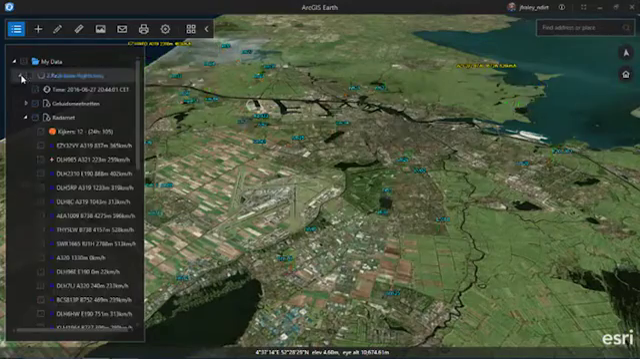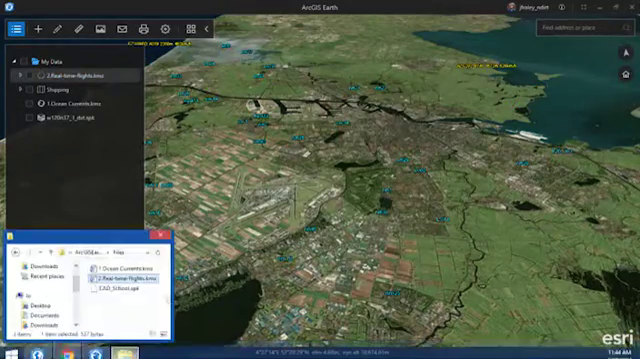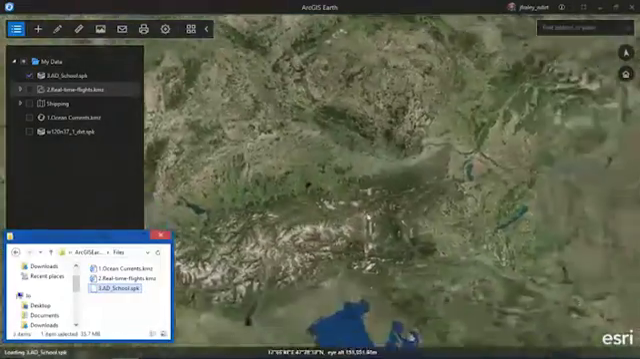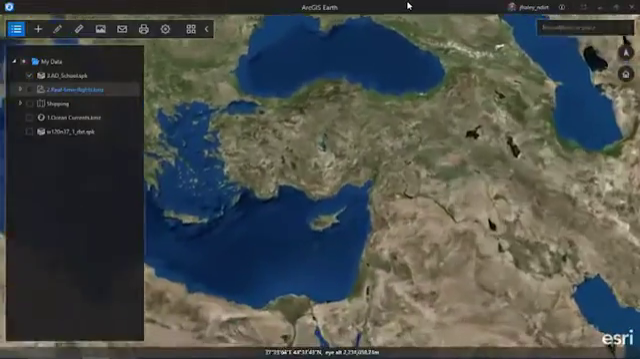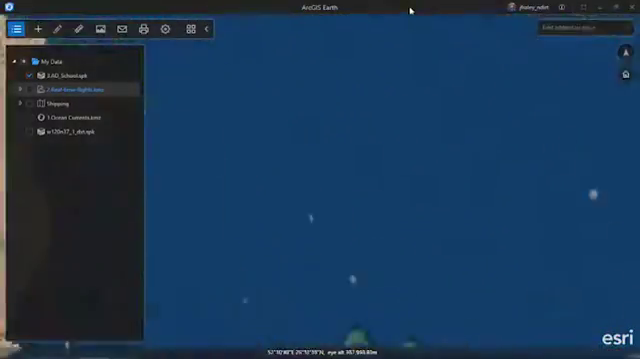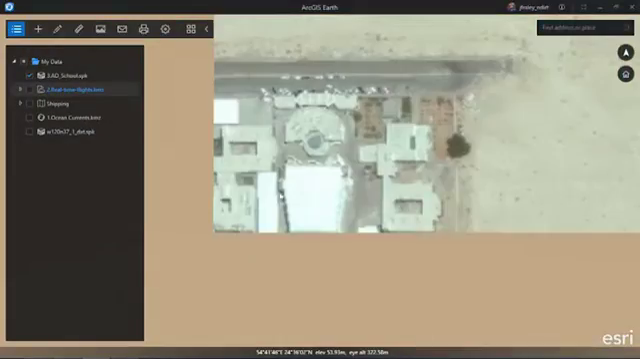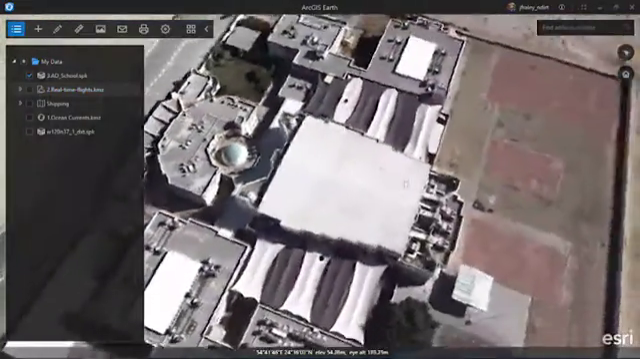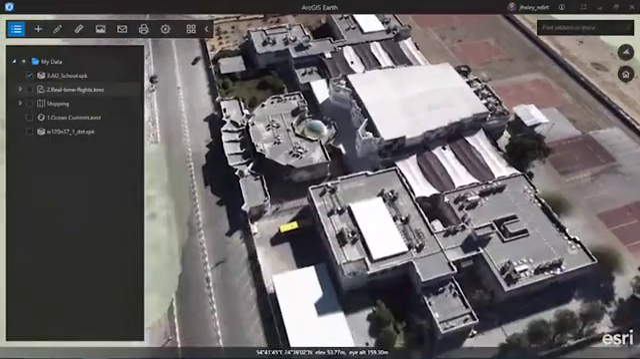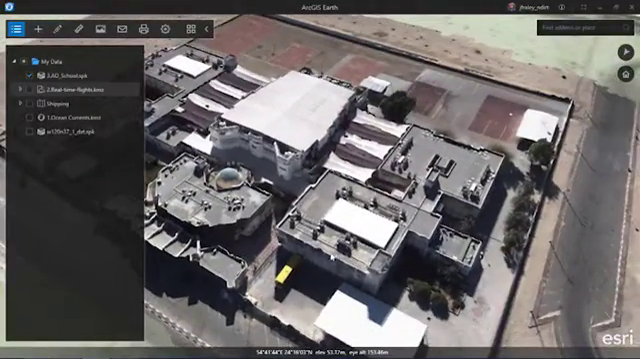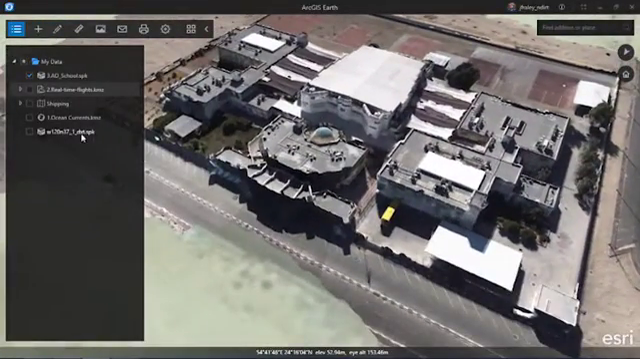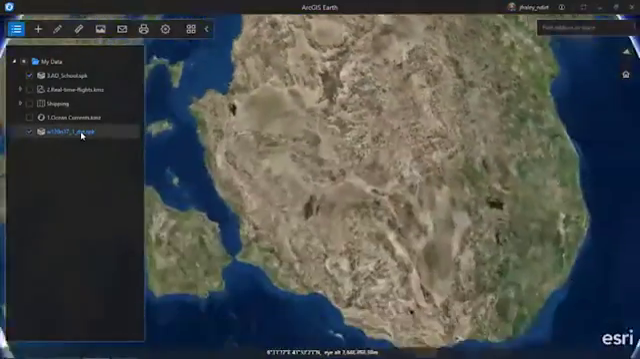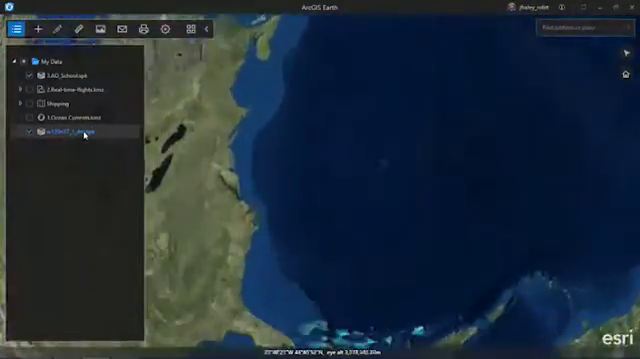Next, let's take a look at a new capability, the support for 3D meshes. This is a school in Abu Dhabi, and these 3D meshes are generated with photogrammetry from oblique imagery collected with drones or manned aircraft. And there are companies that are creating these 3D meshes for large areas of the globe,